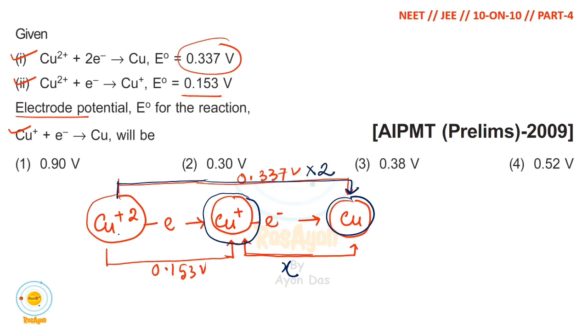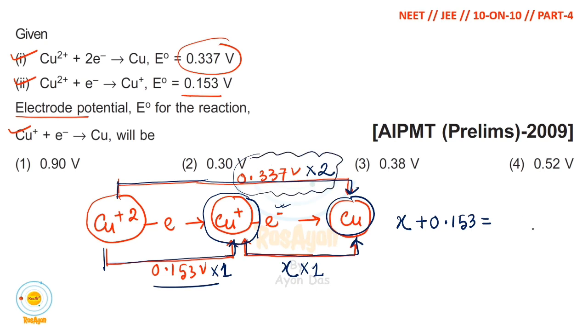During the change from copper plus 2 to copper plus, one electron is lost, so it is multiplied with 1, and from copper plus to copper, one electron is also changed, so X is multiplied with 1. Now write the equation: X into 1, that means X, plus 0.153 into 1, that means 0.153,